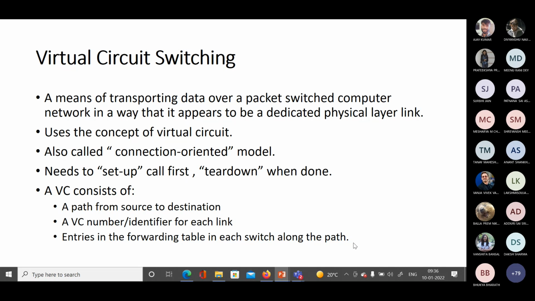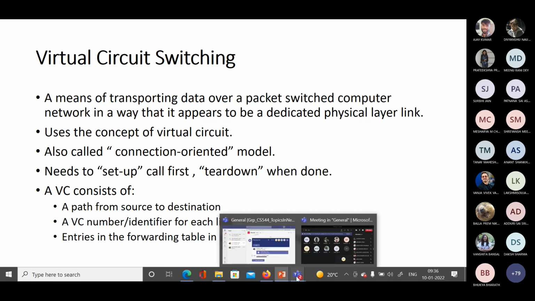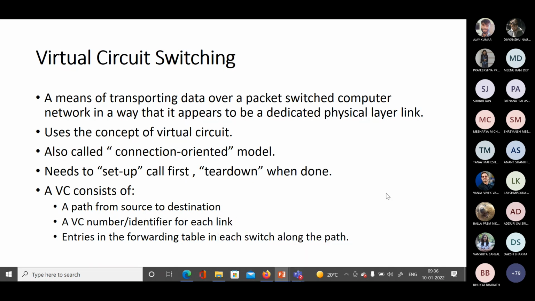Yes, BTechs, can you hear me? Yes, ma'am. So this has been done in your course, right? Virtual circuit switching? Yes, ma'am. So can anybody just give a brief idea of what virtual circuit switching is?